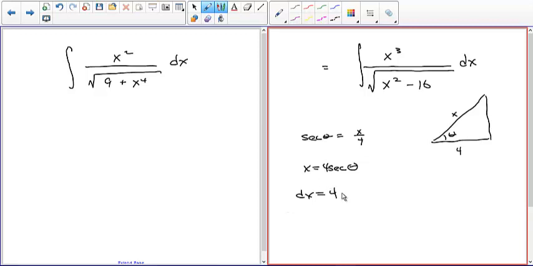Oh yeah, we also use a lot of derivatives. You know, you have to get dx, you have to take derivatives, which we